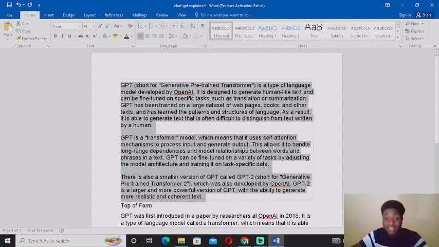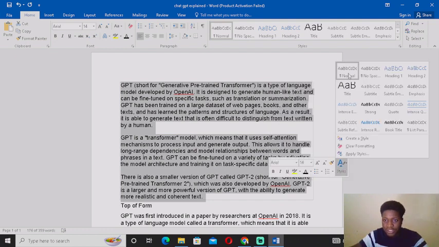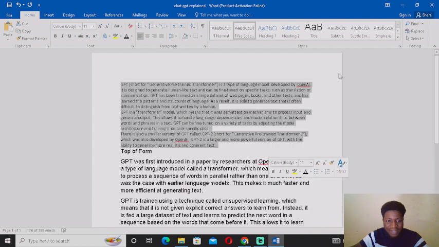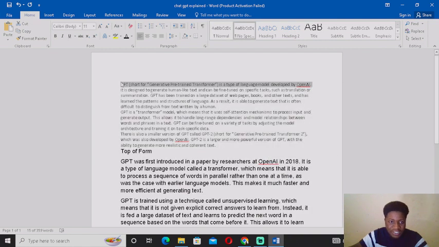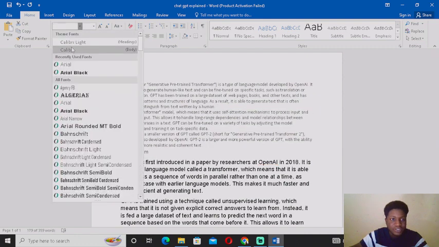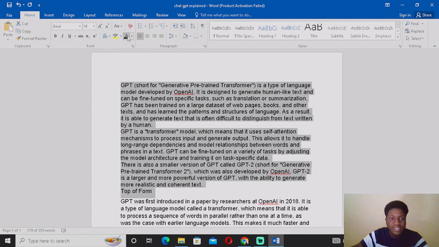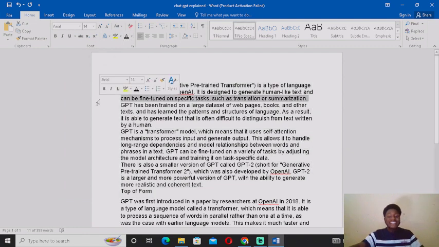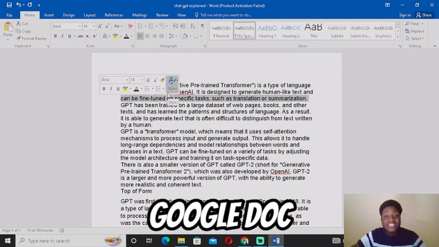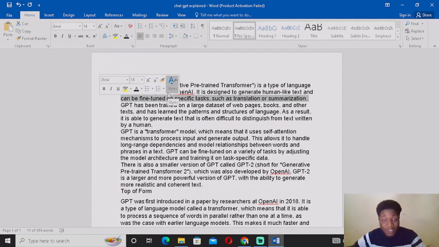So you basically want to do the same thing. Come to style over here, look for something that doesn't have that stuff. As you can see, this is okay. And then you want to highlight again. You want to come over here to Arial, then to 14, and then black. Good. So guys, if you're using Google Docs, you basically want to click select all again,